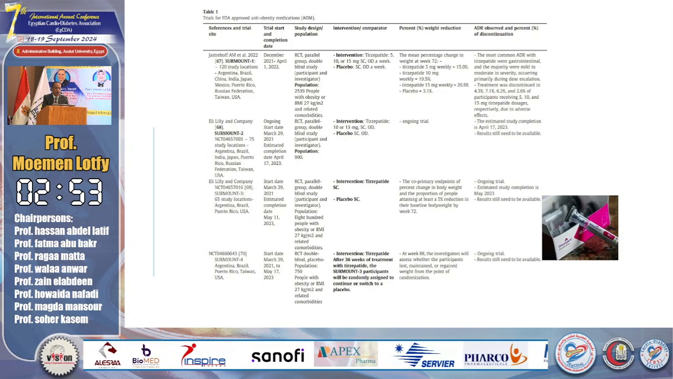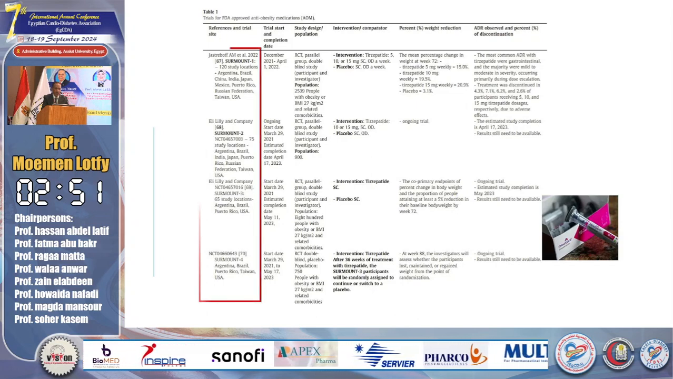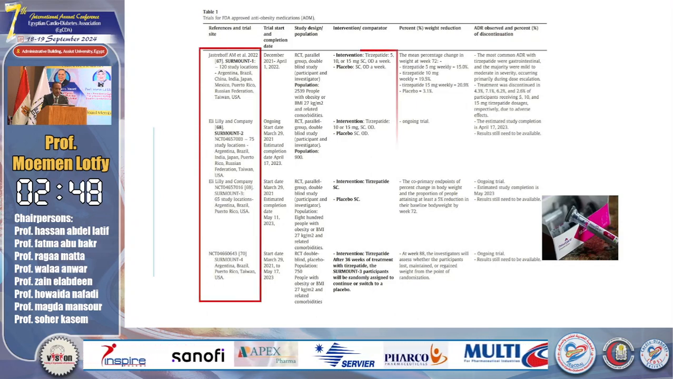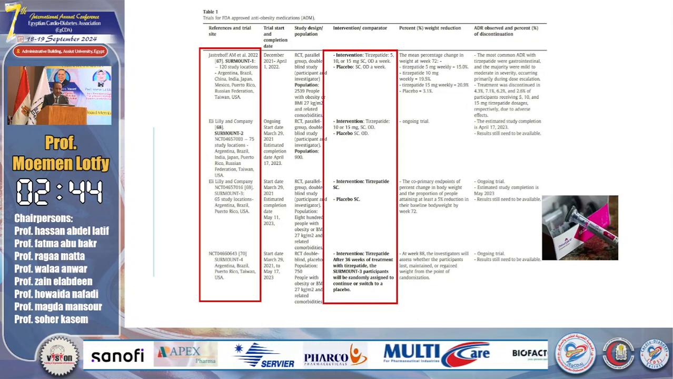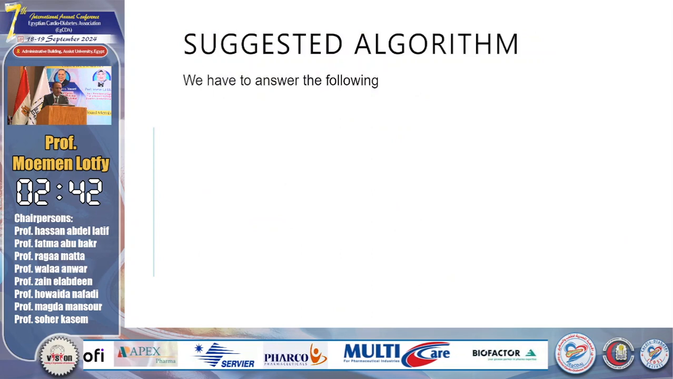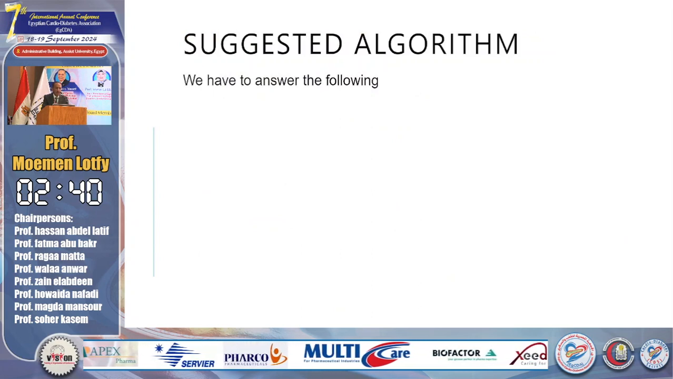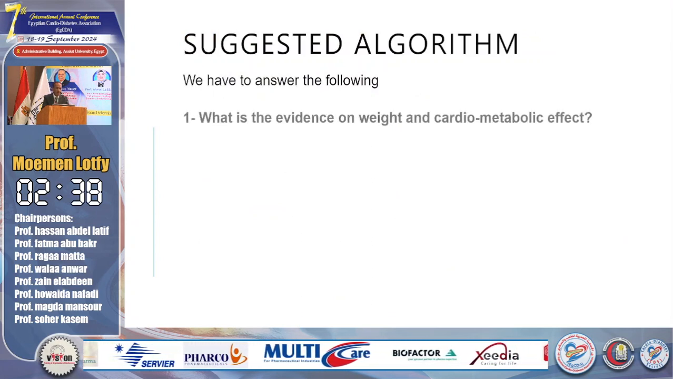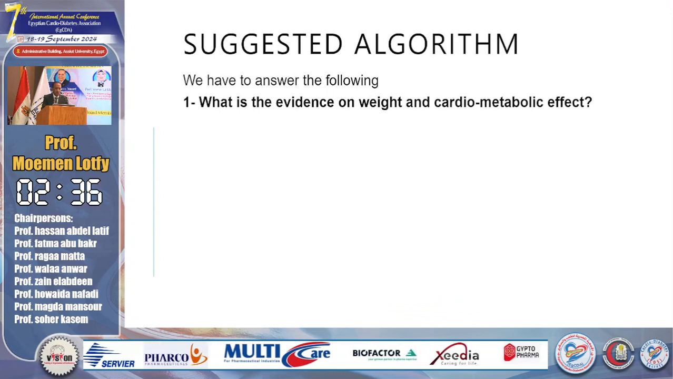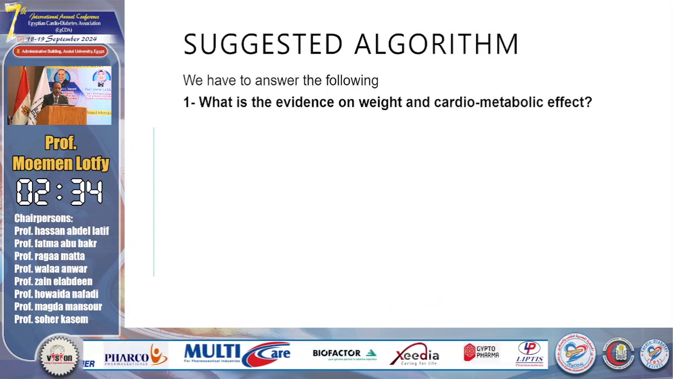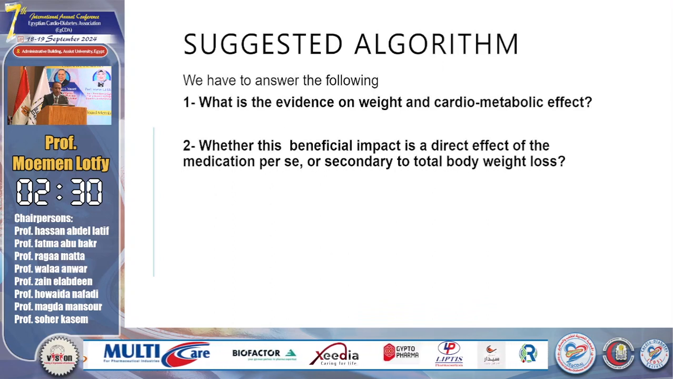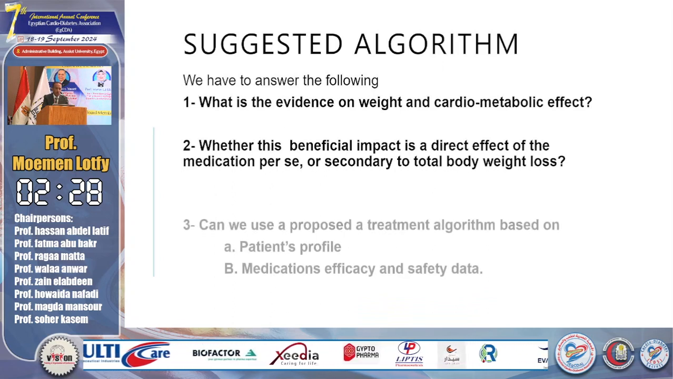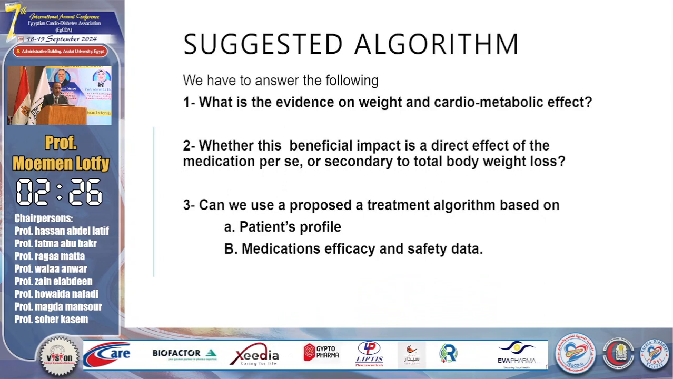SURMOUNT trial of cardiovascular outcome and its importance. There are several trials for its effect on reduction of body weight and its effect on reduction of MACE. What is the suggested algorithm for management of obesity? We have asked the following question: what is the evidence of the weight and the cardiometabolic effect? Whether the beneficial effect is directly due to the medication per se or secondary to total body weight reduction, and